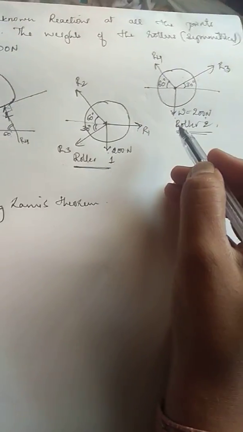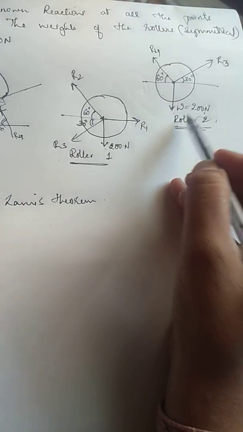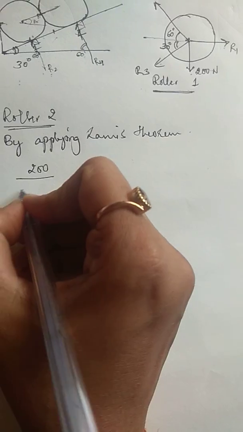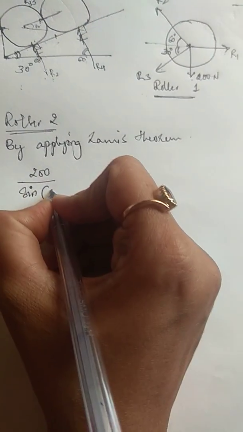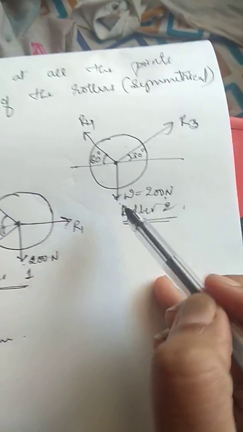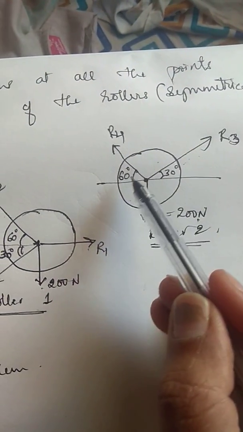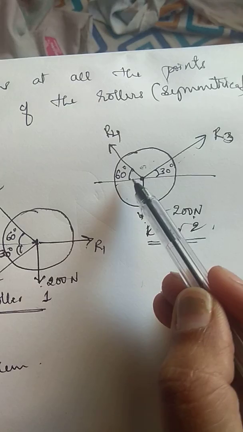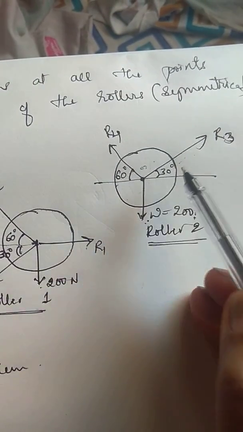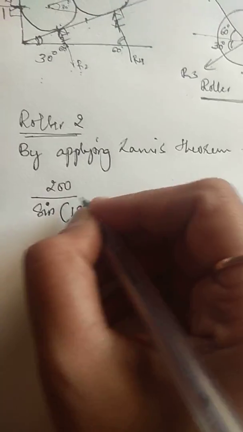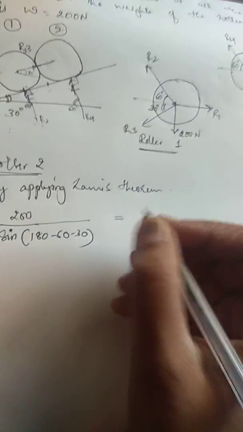So I will just write the condition for that. By applying Lami's theorem, I will write, to begin with, 200, that is the weight force, divided by sine of 180 minus 60 minus 30. So look here, 200 divided by sine of, I have to take this angle, that is 180 minus 60 minus 30. This is equal to,